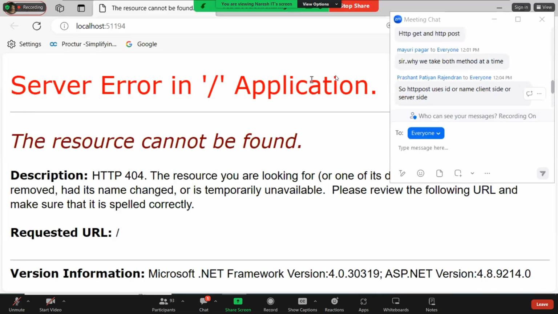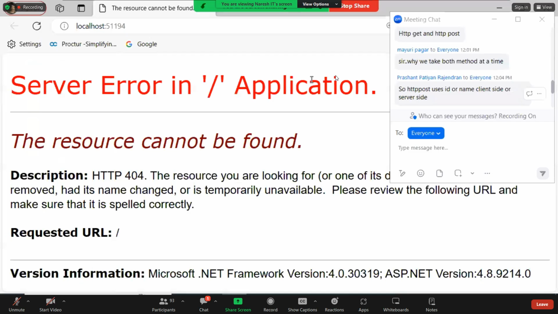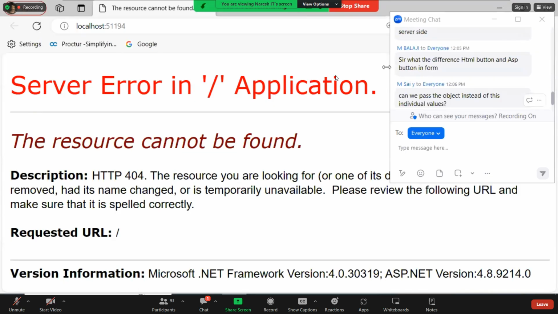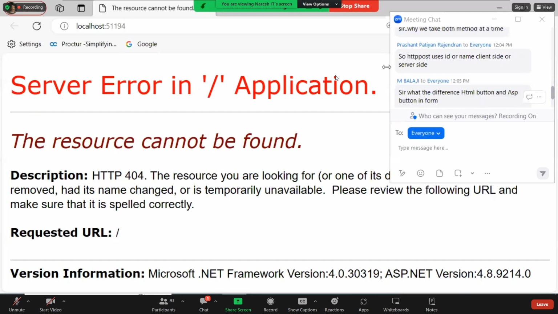Where is ASP button? I did not have any ASP button. Why we take both method at a time? Where you're asking, Mayuri? I did not understand. Why we take both method at a time? Did not get your question. Why you're talking to post and get? I'm not telling anything about that. I'm simply telling